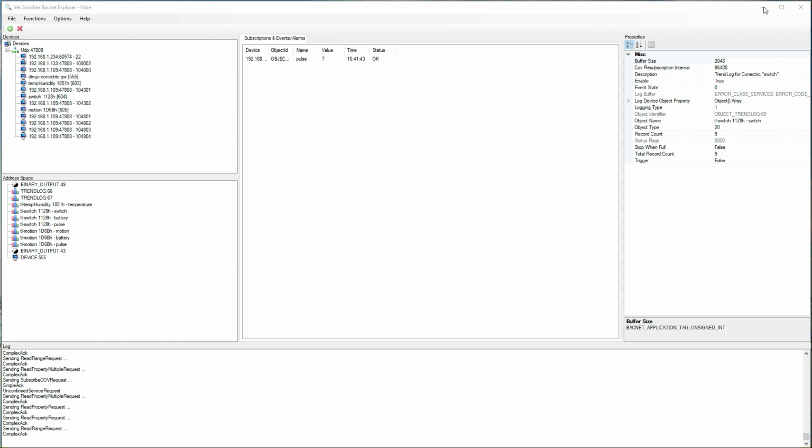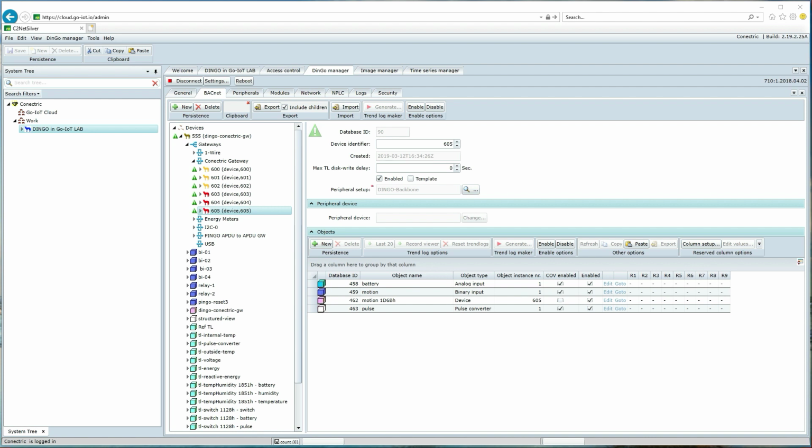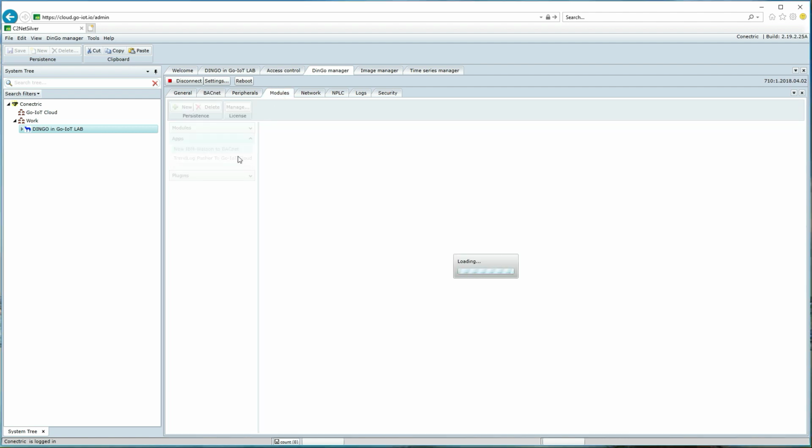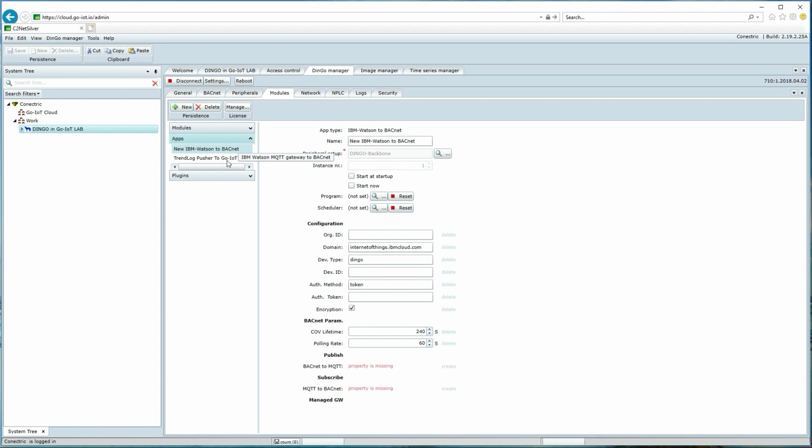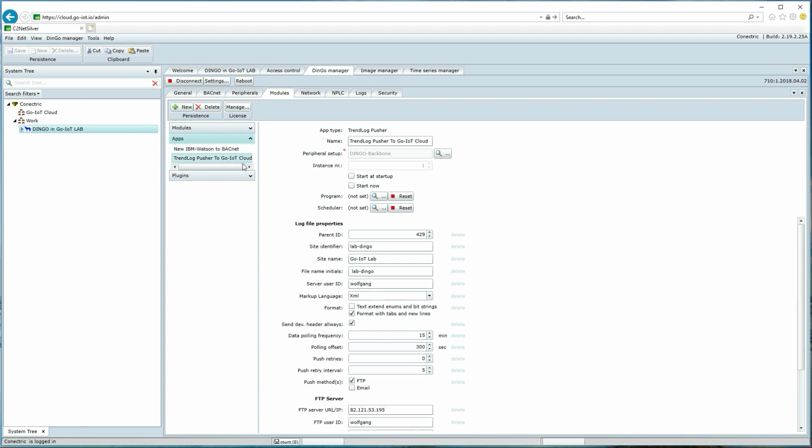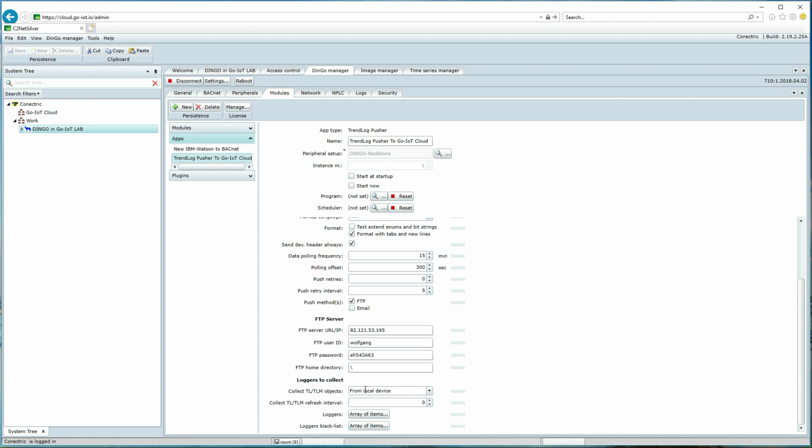the cloud works. In this case, for uploading data to the cloud server, we use a BACnet Stack app that is actually running inside the BACnet Stack, and can be found here in the modules page. There we have the IBM Watson to BACnet gateway, but we also have the trend log pusher that we use for this purpose. It's a utility that on a regular basis searches for trend logs on a network or the local device, controlled by a parameter down here. From the local device we will select here, but you can also take the whole network or select devices, and uploads to